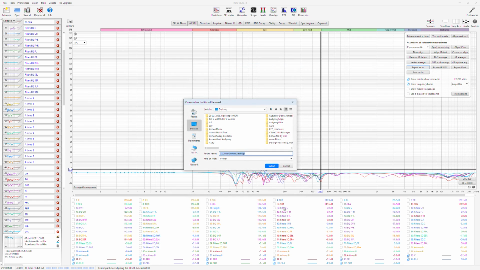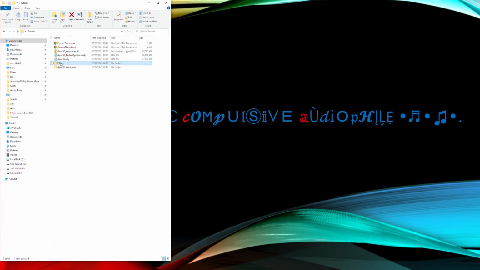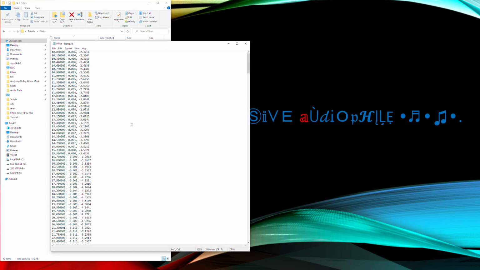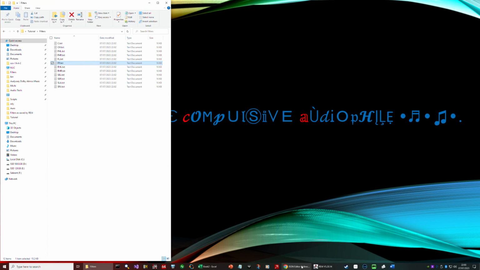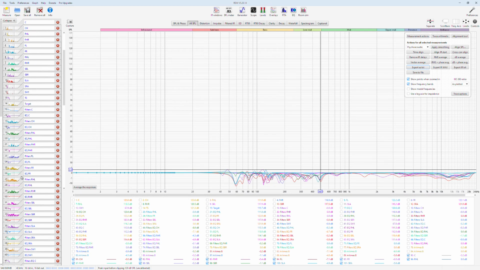So it will ask you to select a folder. Let's select main tutorial folder, make a new folder, filters, select this folder, voila. And now in tutorial, in filters, as you see, we have all the filters saved from 10 Hz to 22,000 Hz. And lastly here you have to save the subwoofer filter. You can do it on its own. Where is filters SV1? Here,